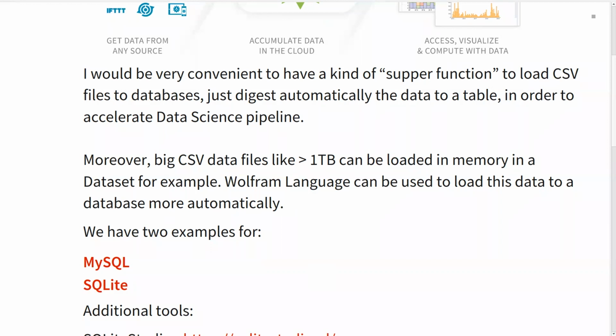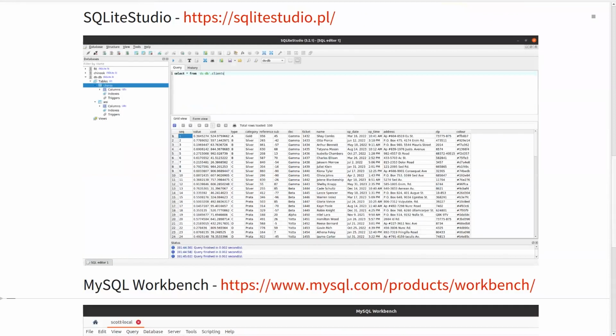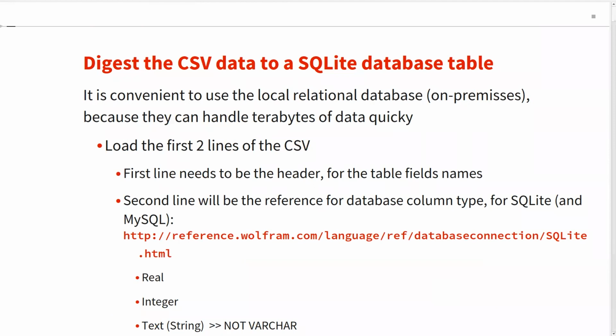Because those databases, they use SQL. It should be very common to use the same SQL in different databases, but it doesn't work. The databases have different syntax for SQL, and we have to fix something to work in different environments. And so I usually use SQLite Studio or MySQL Workbench to help, but every database has a tool like this in order to help you with the database.